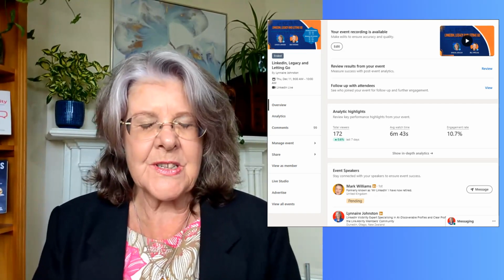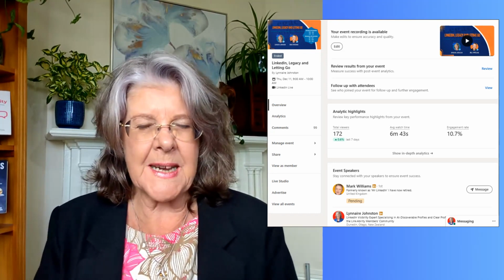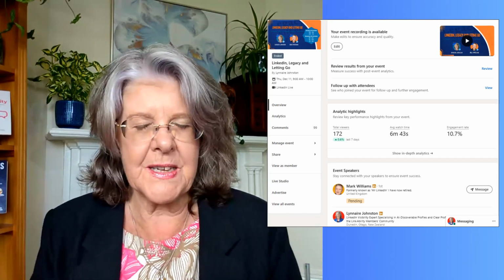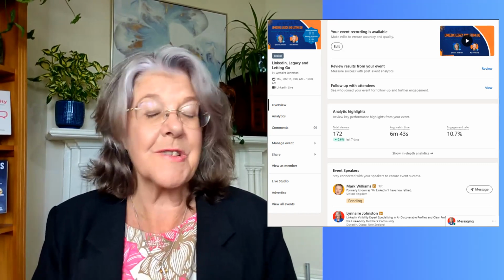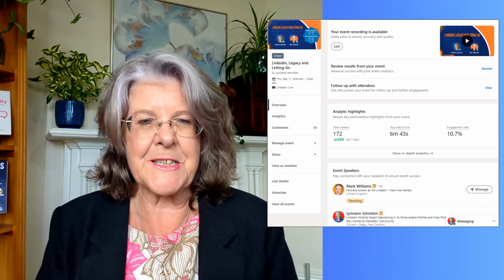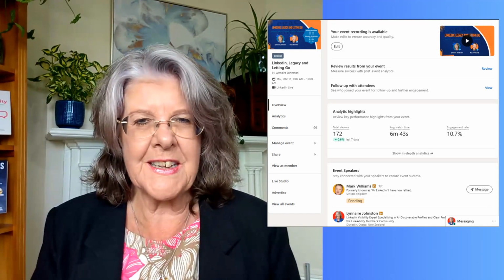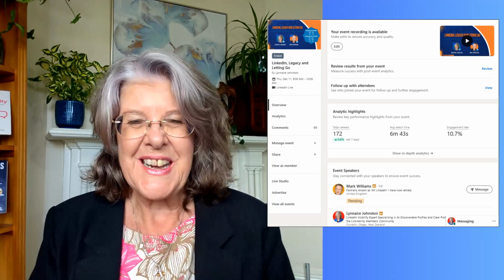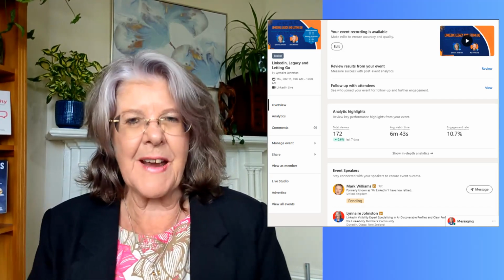You can go into the live studio from here as well. You can even view it as a member, and that just takes you to the outside of the event and shows you that same user interface that we've already seen and been used to for the last few years. So there's a lot of information on here. I think this is a great move from LinkedIn. It'll take a bit of getting used to the new look of it,